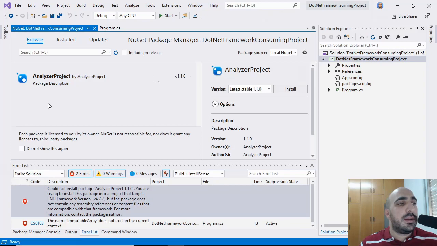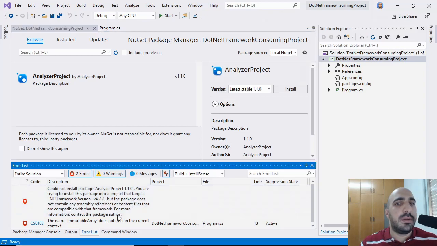So here, when I try to install the analyzer into a .NET Framework project, I get an error which says the package does not contain any assembly references or content files that are compatible with that framework. So it seems this kind of project doesn't pick analyzers automatically from the analyzers folder inside the NuGet package. And based on the documentation, we need to include some PowerShell scripts that will cause the project to pick the analyzer. Let me show you.